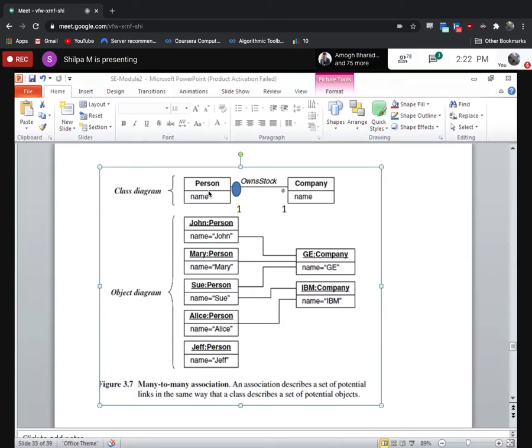Yeah, okay, Aditya Raj. If I'd given 1 and 1, what does it mean? One person is associated with one company. Yes, one person is related to one company. What is that relation? Owns stock. Yes, one person owns stock of one company. See, ma'am, it is not correct, it can be n companies. It will depend upon how you are going to design it or what your application wants.